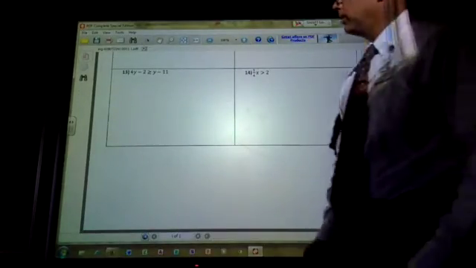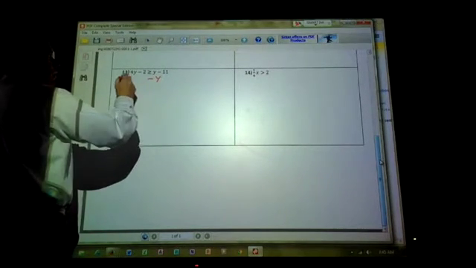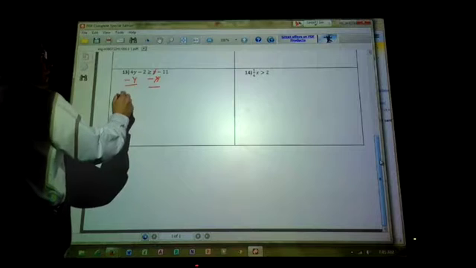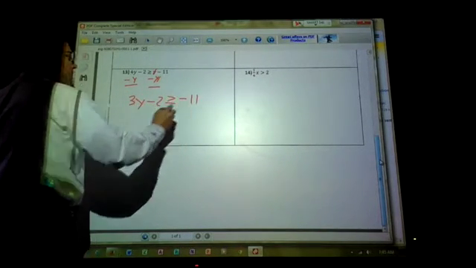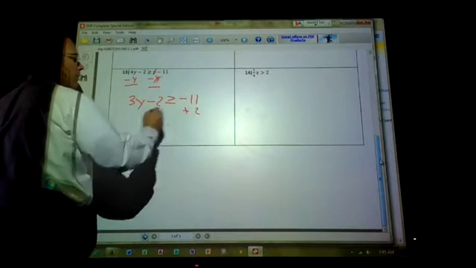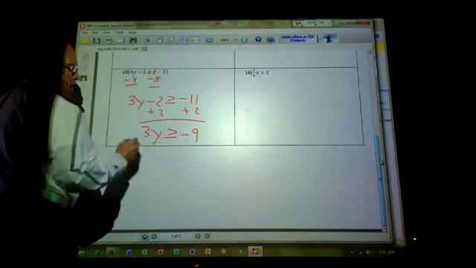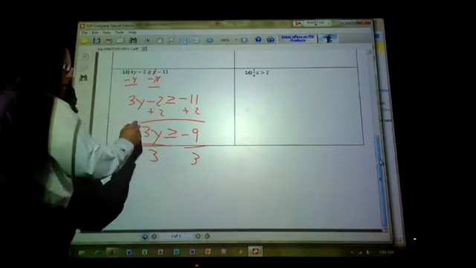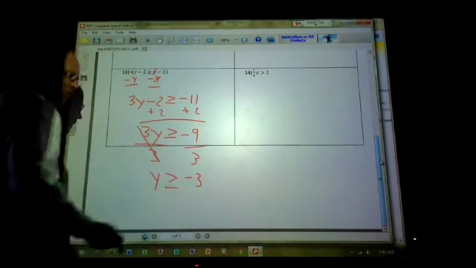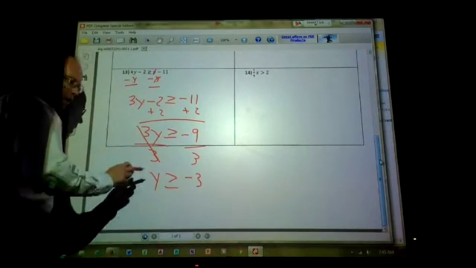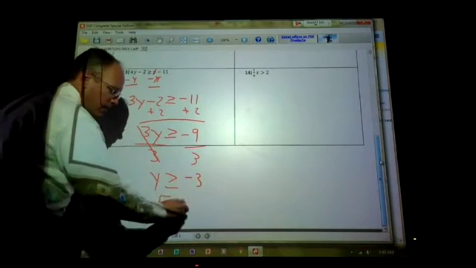And then the last two problems, 13 and 14. So again, I want to get y by itself, so I'm going to subtract y from both sides. That cancels that. So I get 3y minus 2 is greater than or equal to negative 11. I'm going to add 2 to both sides. So 3y is greater than or equal to negative 9. Divide each side by 3. The sign stays the same. Even though I was negative, the sign stays the same because I did not divide by the negative. So I want values greater than negative 3 included in it, so it's a square bracket, negative 3